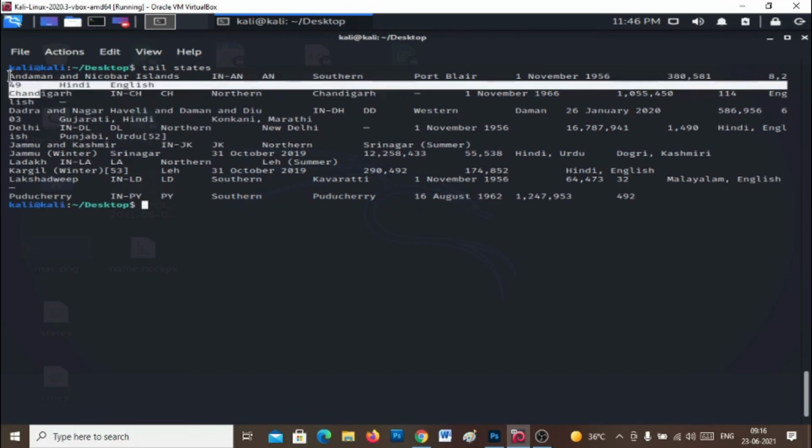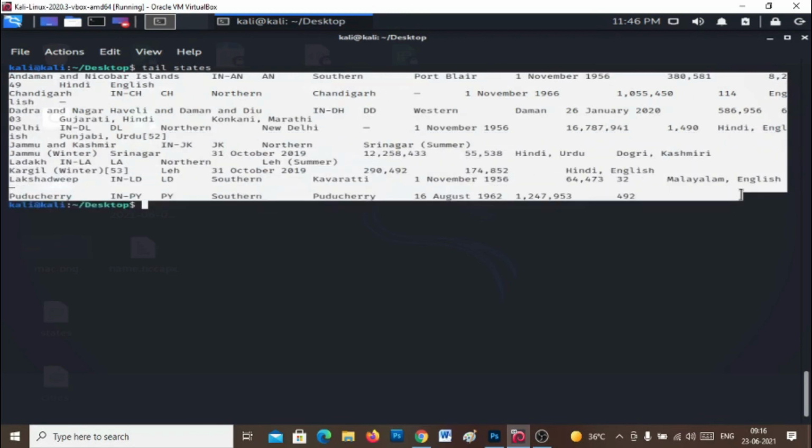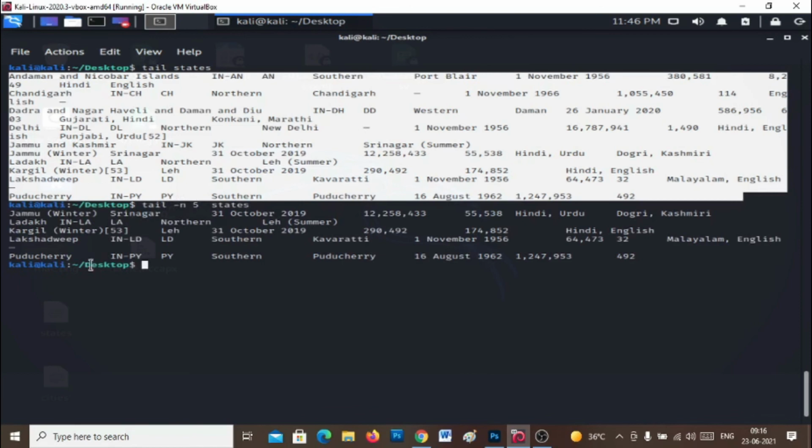This will show the output of the last 10 lines. We can do all the same things with the tail command as we did previously. If you want to see a specific number of lines, then run -n space number of lines. These are the last 5 lines.